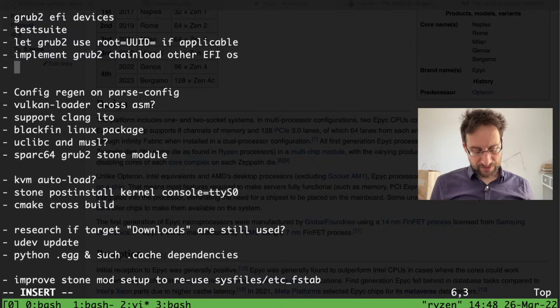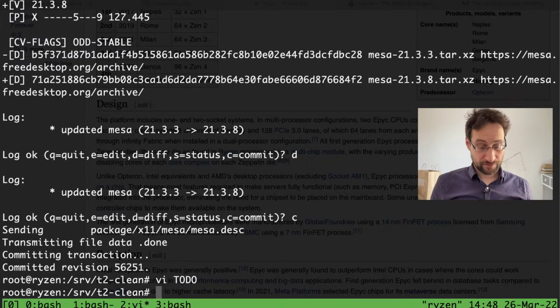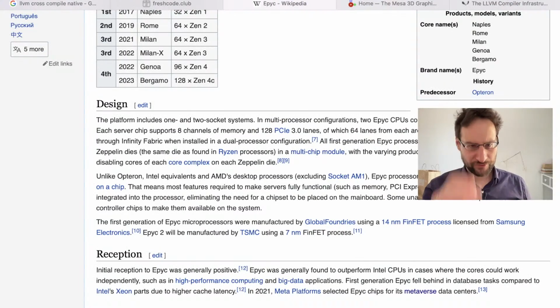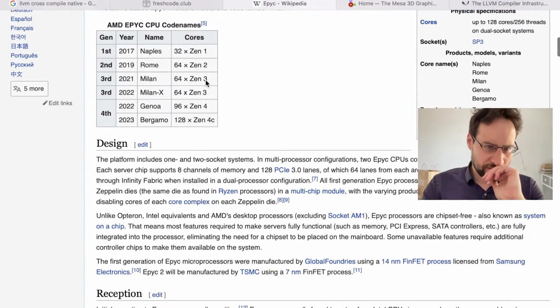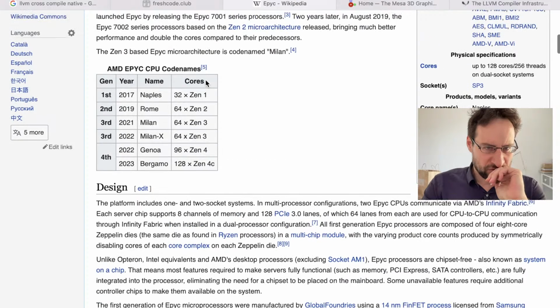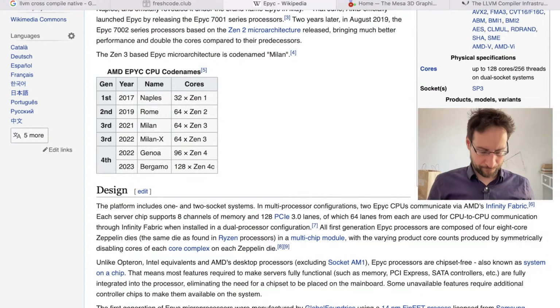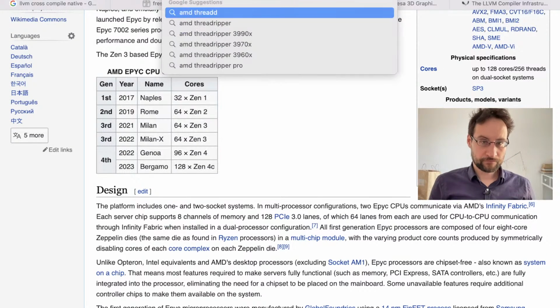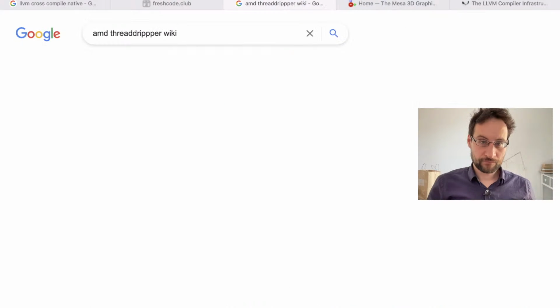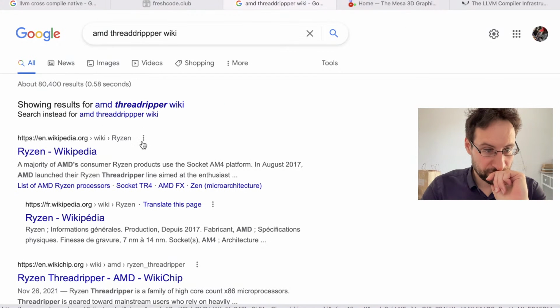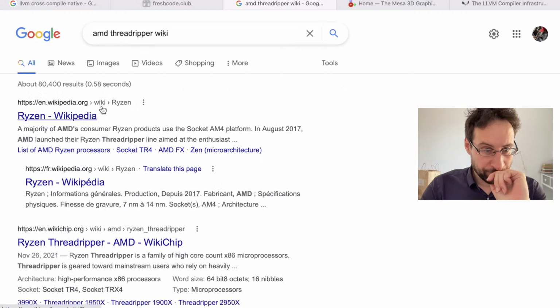And instead, data update, Mesa, whatever, URL or whatever is going on there. So, probably some typo, of course we had. Why is this in Ryzen?